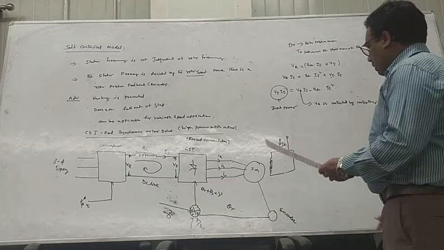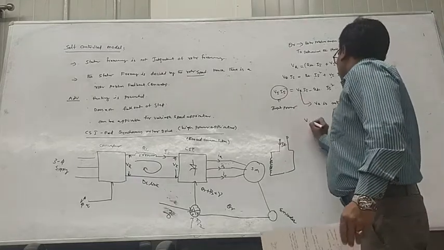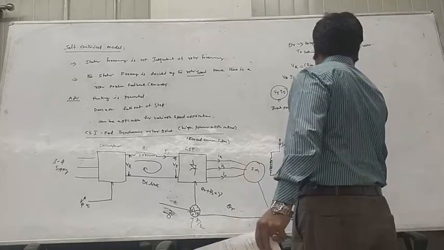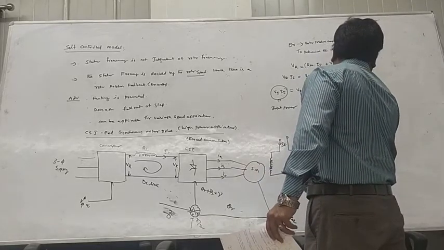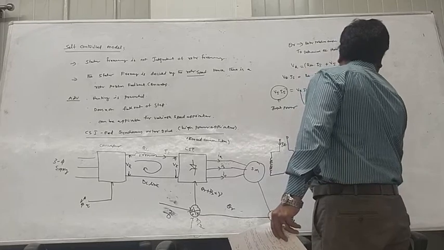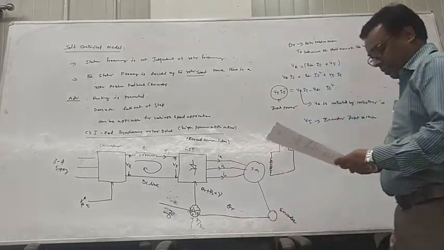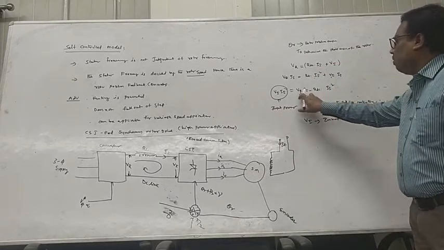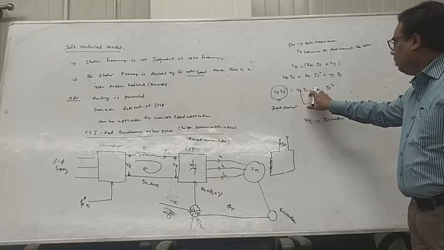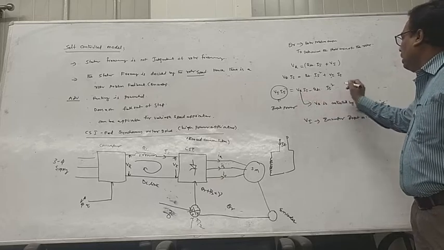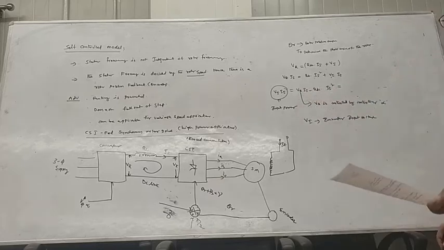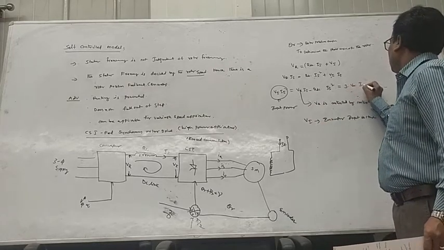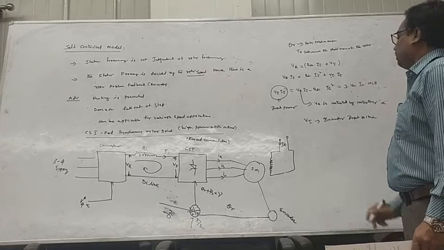And VI is the inverter input voltage. The inverter input power is equal to VR into II minus RDC into IA square, and that is equal to